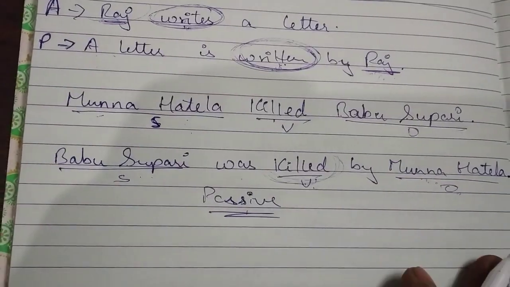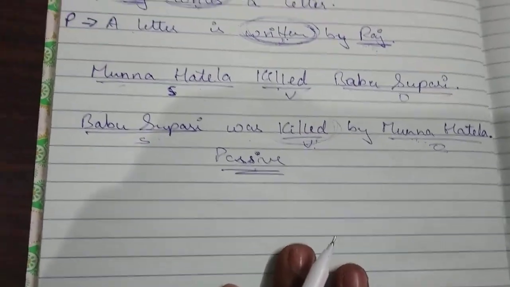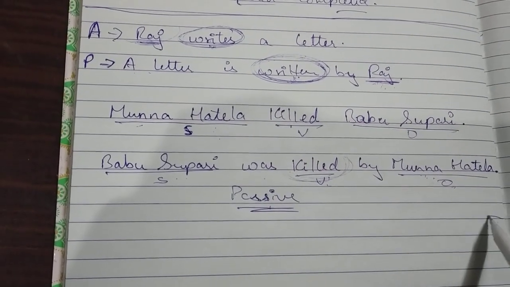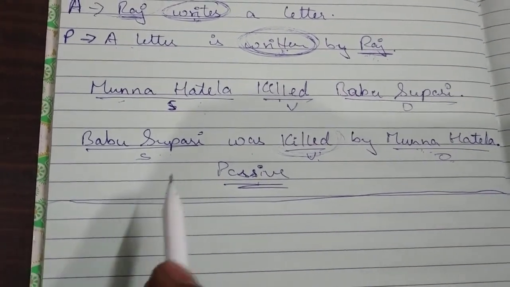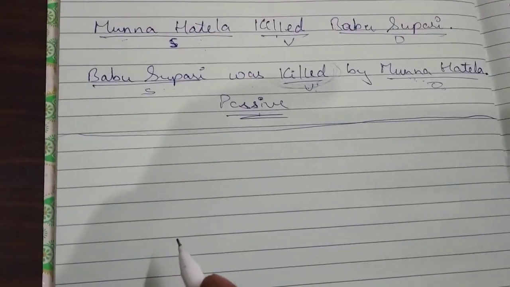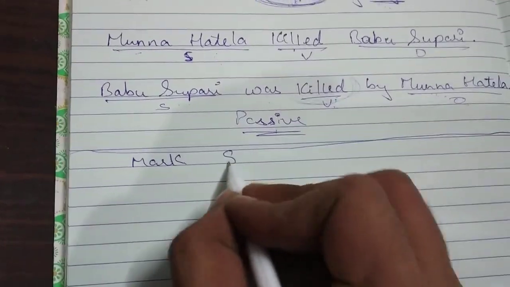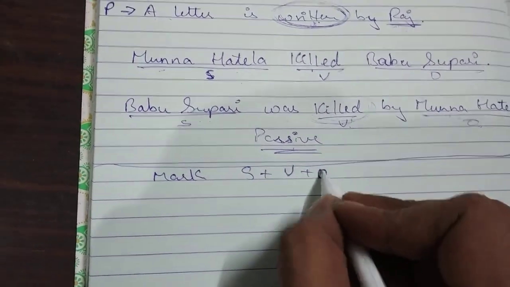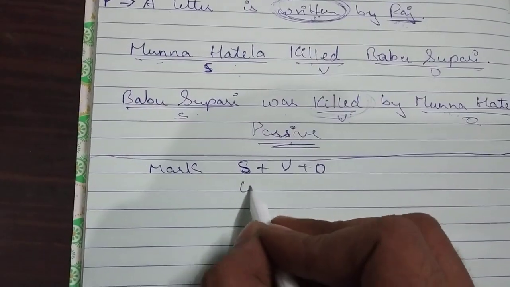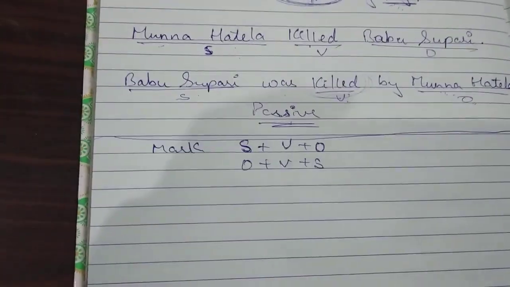First let us see the basic over here, how you have to convert active into passive and passive into active. Just this much. Okay, now see here. You have to understand one thing first: for converting active into passive, the first thing you have to do is mark subject, verb, object. Why? Because always subject, verb, object becomes object, verb, subject from active to passive and from passive to active.